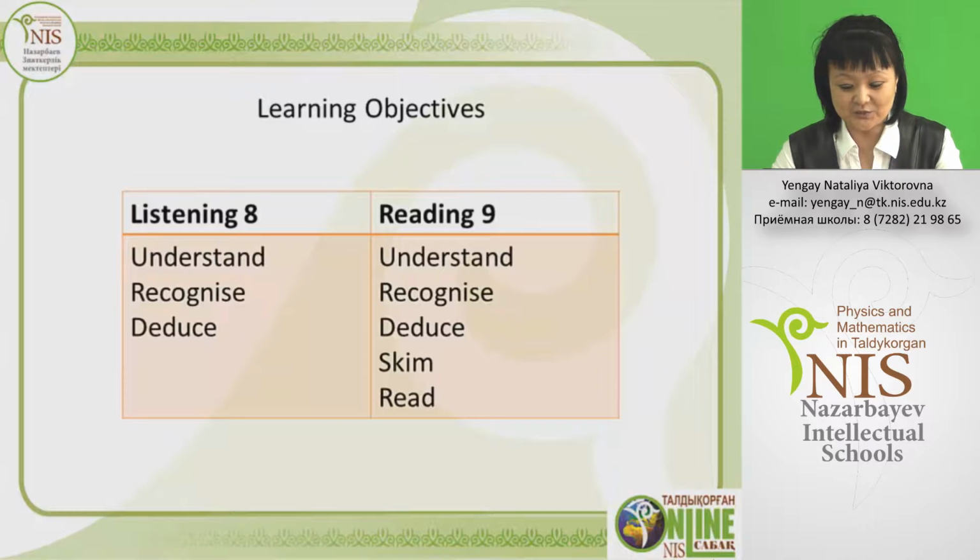The key words which we meet in the learning objectives are: for listening, understand, recognize, deduce. For reading, understand, recognize, deduce, skim, and read. They are clear enough for perception, specific, measurable, achievable, and realistic. At the same time, according to the observation which was held at the beginning of the school year, the most questionable objectives for listening are: